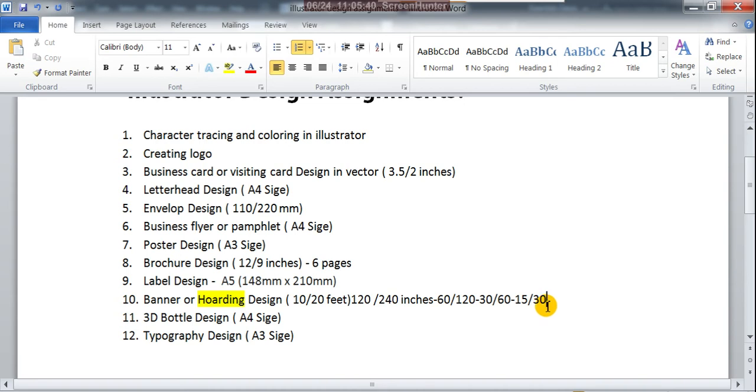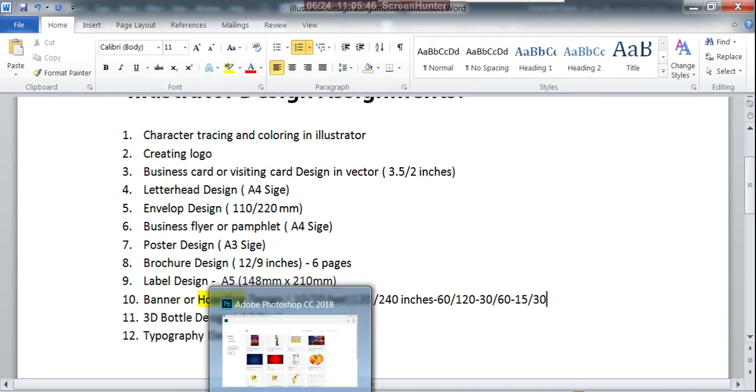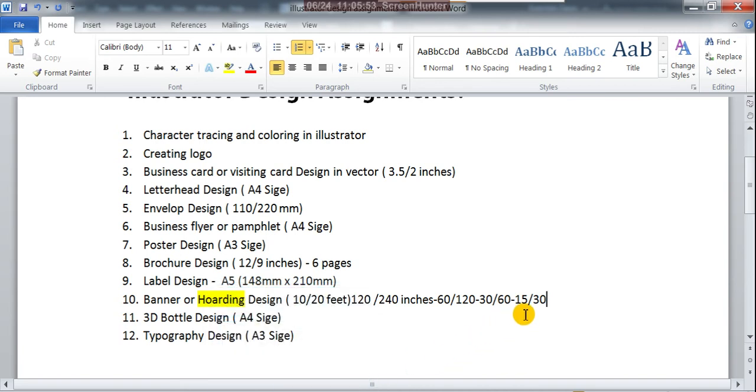The resolution must be 300 for the Illustrator file, but in Photoshop you have to manage a few things. See, here we are using 15 by 30, so how many times did we reduce the file size?